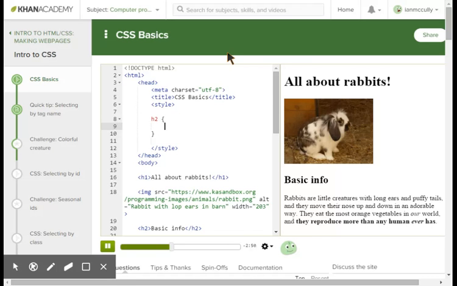So to change the text color, we use the color property. Then we put a colon, and now we need to come up with a value. We need to tell the browser what color we're interested in. Well, we could just write green, and it would understand it because green's a common color. But that's not the green I wanted. I want a grassy green. If I write grassy green, now the browser gets confused and makes the headings black again because it's never heard